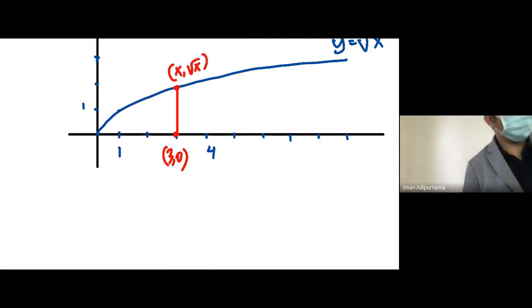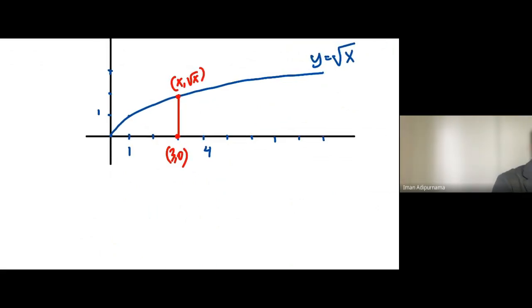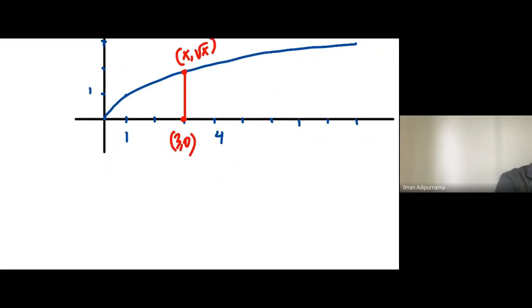Okay, and then we can use the formula. Whatever variable you take for the distance, this will be x minus 3 squared plus